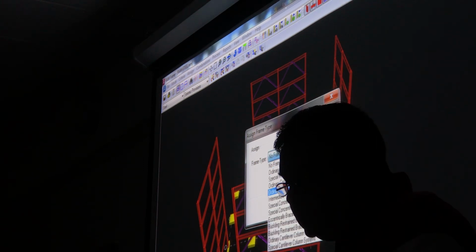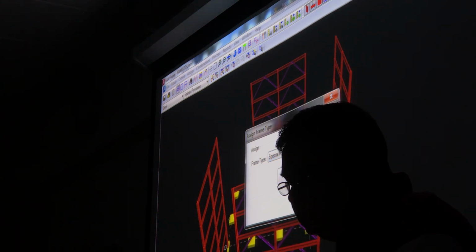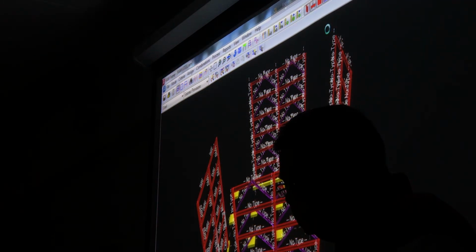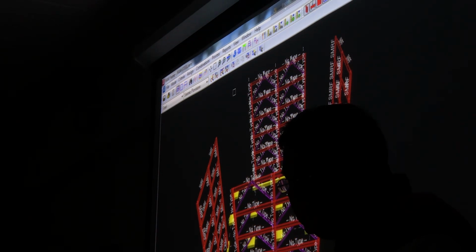The first one is concentrate special moment frame. And the next one is